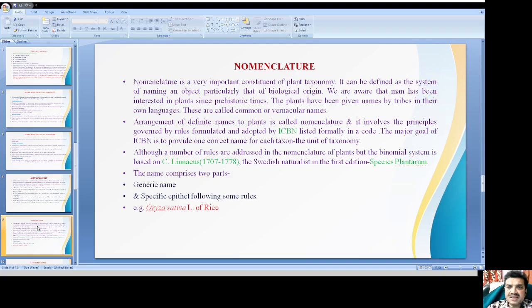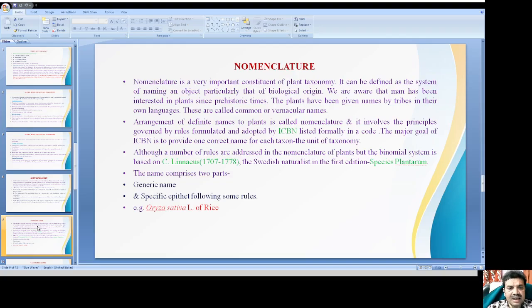In nomenclature, it is very simple. It is still in practice since the time of Carolus Linnaeus's introduction of binomial nomenclature, and here the plant definitely has some vernacular or common name as far as its geographical location is concerned, but the plant must have some holistic name that can be accessed by all corners irrespective of language, caste, race, and so on. So here the nomenclature is basically done